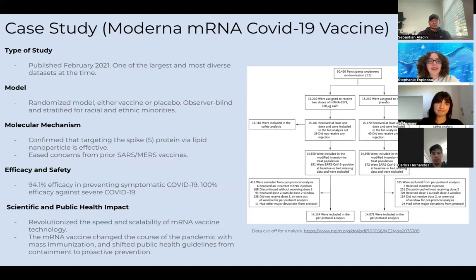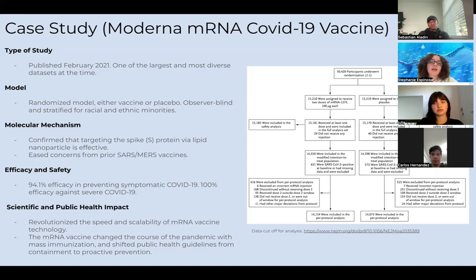Thank you. The next case study we would like to discuss is about an mRNA Moderna vaccine trial, and it was published in February of 2021, just shy of 2 years after the initial COVID-19 outbreak. The goal of this study on the Moderna mRNA vaccine was to prevent COVID-19 illness with onset in patients that were not previously infected with the virus, at least 14 days after the second dose of the mRNA vaccine was